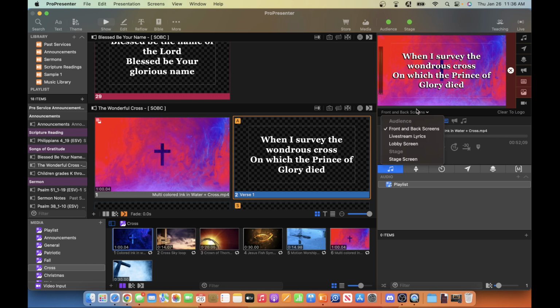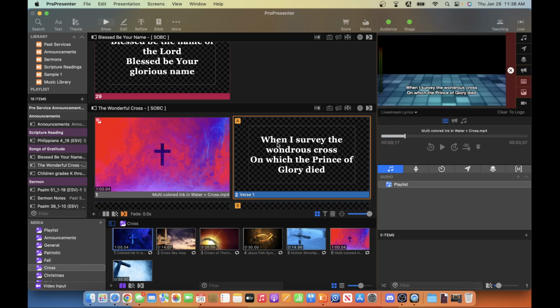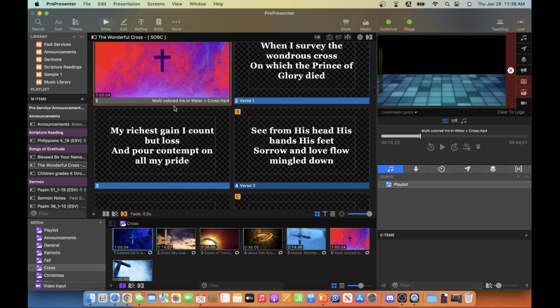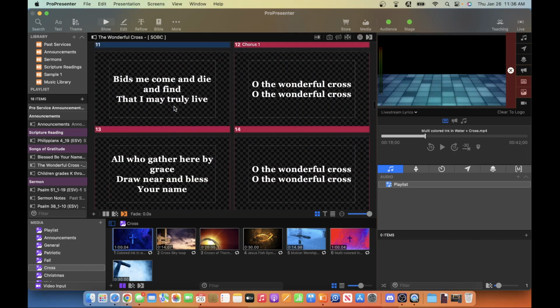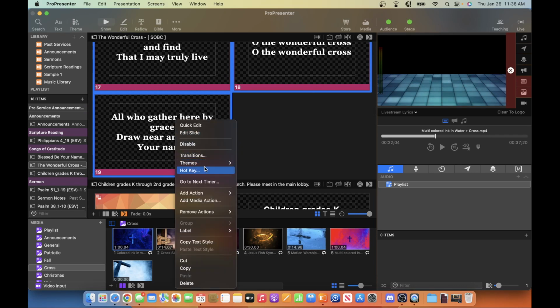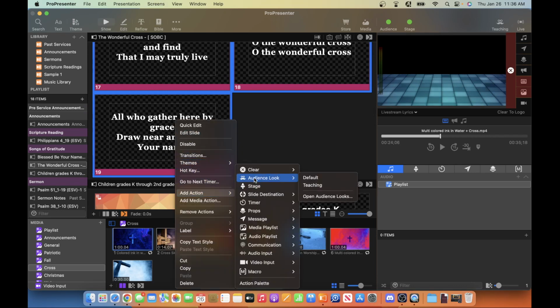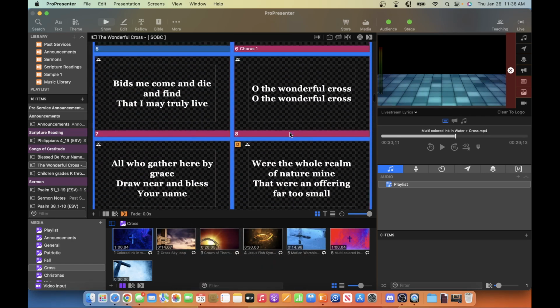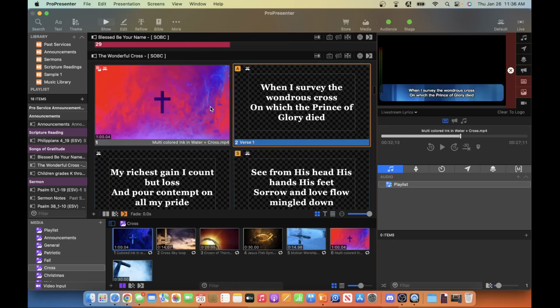And then let's look at the whole song for live stream. We know the lobby's going to do good. Let's look at the live stream. For the live stream again, we want to select the whole song and give it that look where we right-click on it and go to Add Action, Audience Look. It's now default. It's not teaching, it's default. So now that we've done that, now when anyone clicks on this song, it's going to, for the live stream,